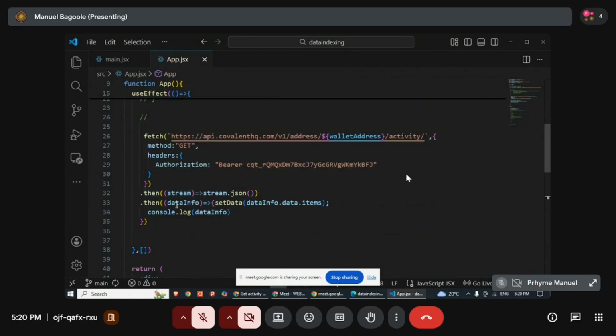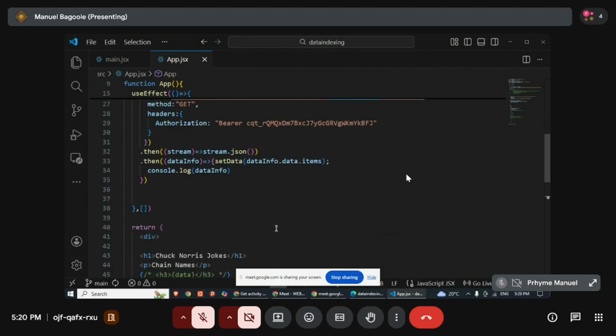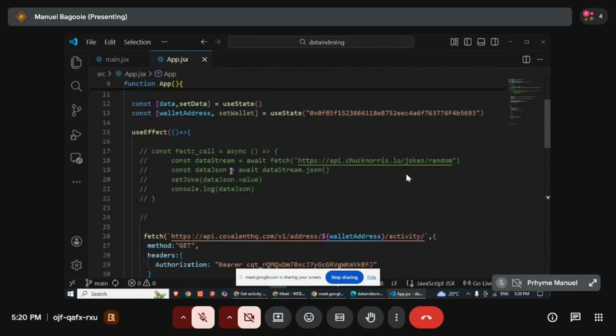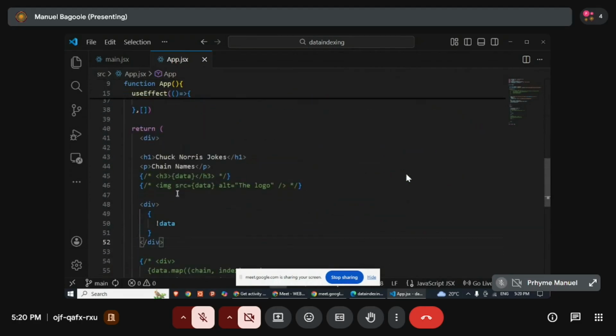And from then, here we then have the data. So we pass that data. I'm actually getting into the data object and then getting a specific segment of the data, not the entire data object. I'm only getting a specific element called items, which is an array, so that I'm able to display specific elements within the array itself. And so I'm passing that data onto the state variable called data, then I'm accessing data here. So what I'm saying is, if data is undefined, that means if the data hasn't returned yet,